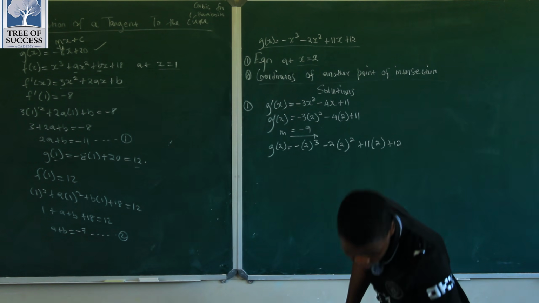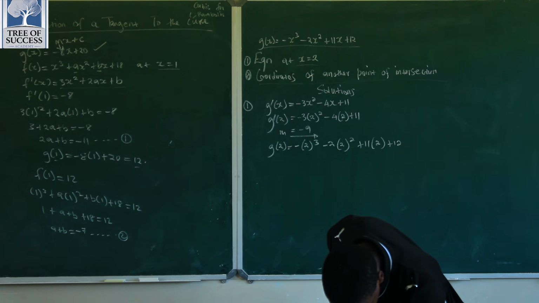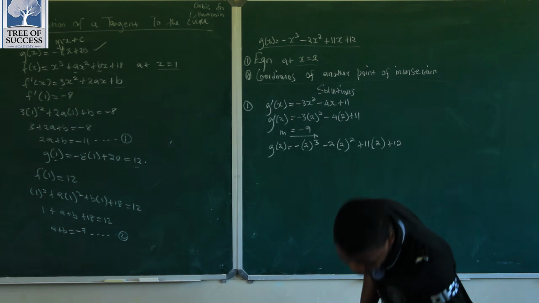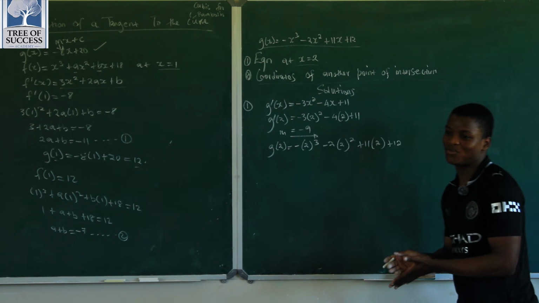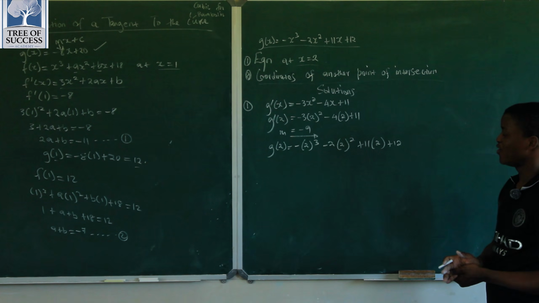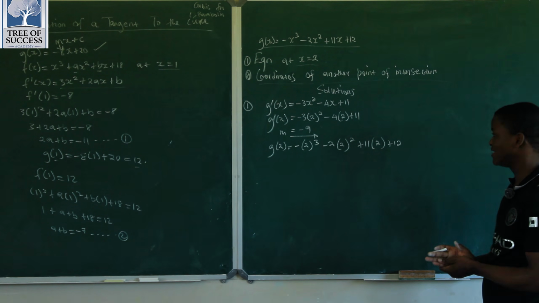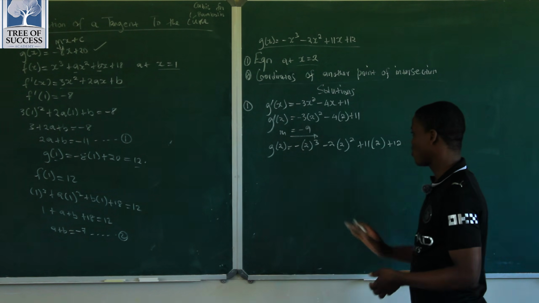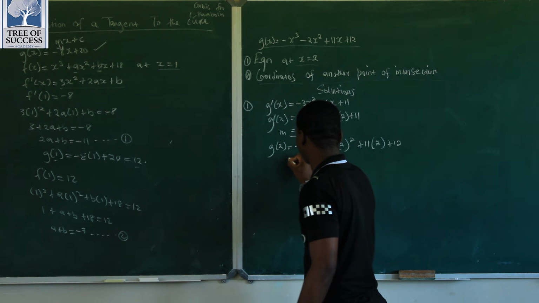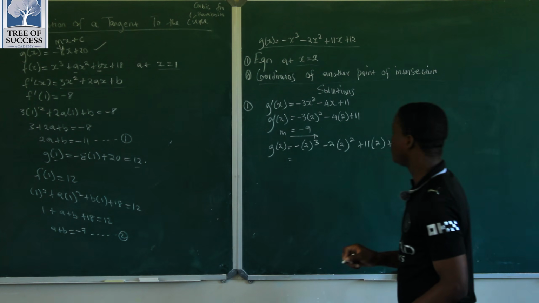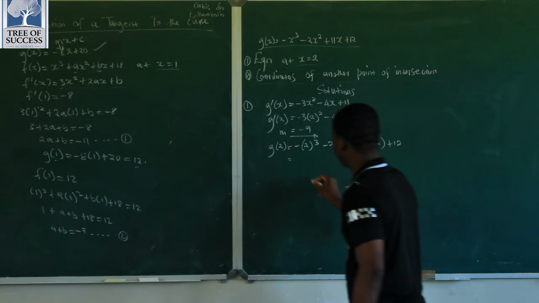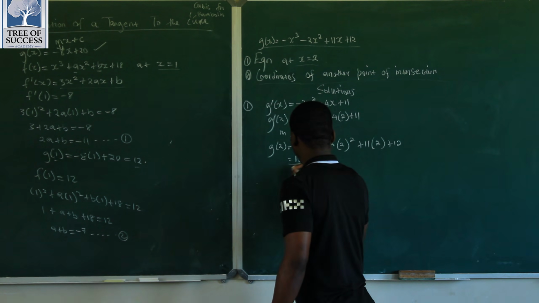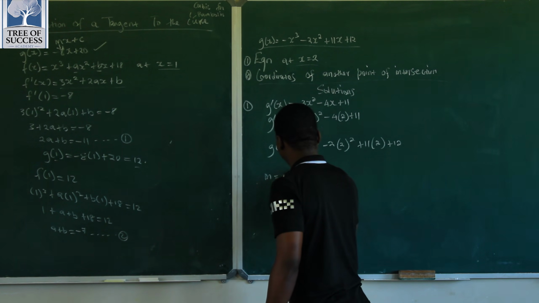G at 2 will be negative 1 into 2 cubed minus 2 into 2 squared plus 11 into 2 plus 12. Let me check the equation. That is also one of the most common mistakes learners make. So when you transfer the equation given to your script, make sure it is written correctly in terms of signs, especially signs. Make sure we transfer properly. Then what is our y value if x is equal to 2? 18. It's 18.